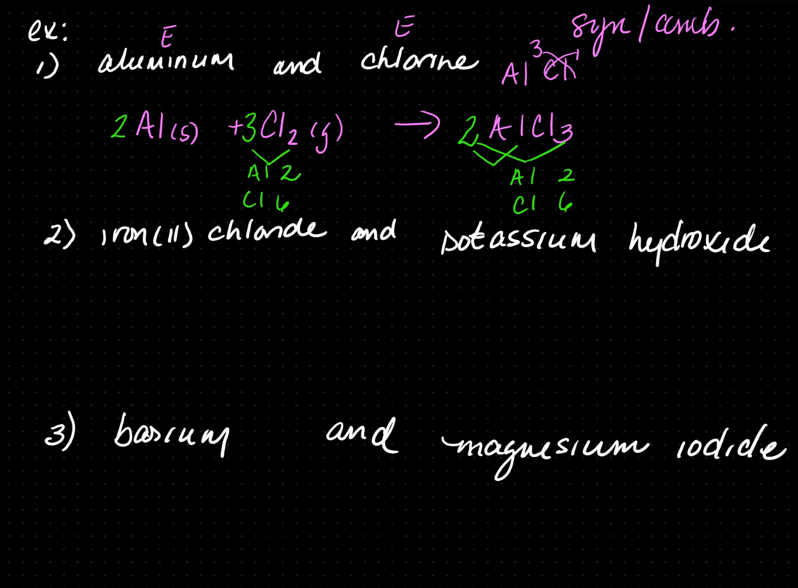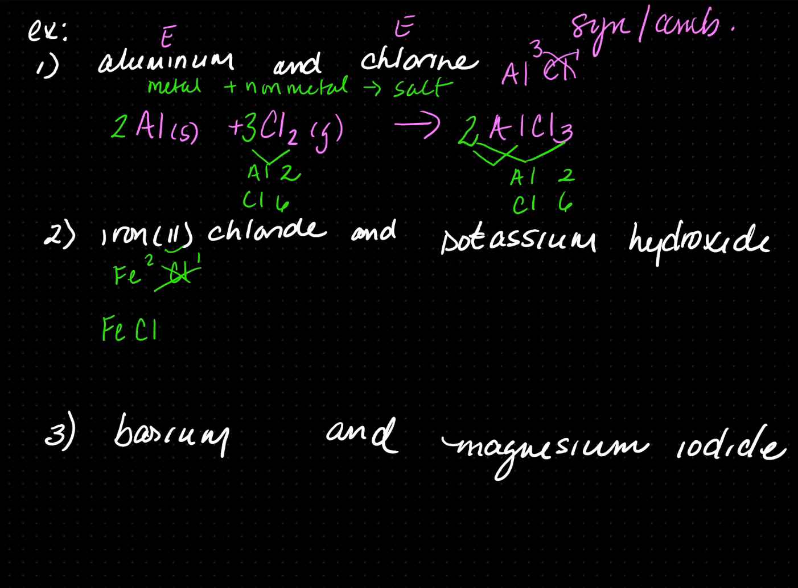The general format of this equation is a metal plus a nonmetal produces a salt. A salt is an ionic compound. Number 2, we have iron(II) chloride. This is an ionic compound because iron is a metal. So we need to find a symbol, which is Fe. The charge is given as 2 because this is a transition metal. Cl charge is 1, crisscross. So this is